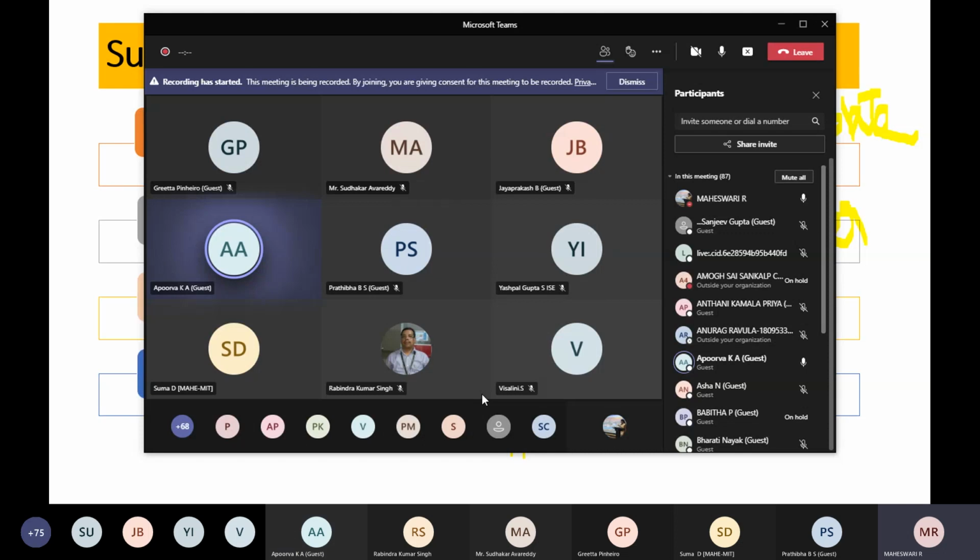Ma'am, I have not done clustering and those things through Node-RED. Using KNIME is much easier than Node-RED. It is also node based.